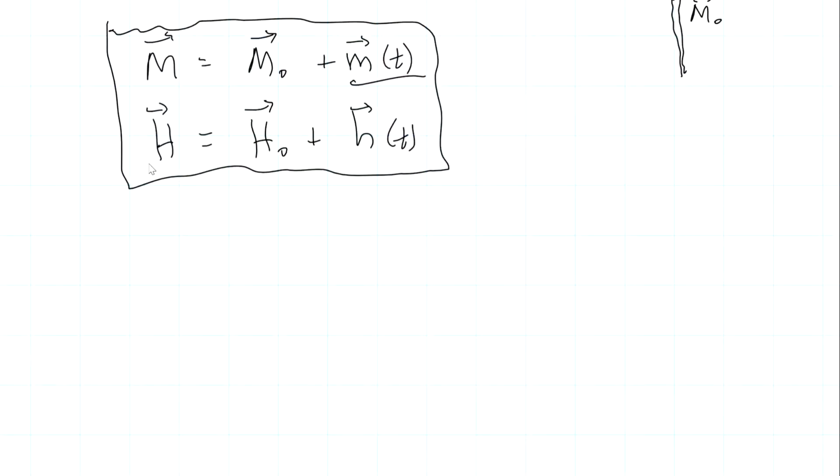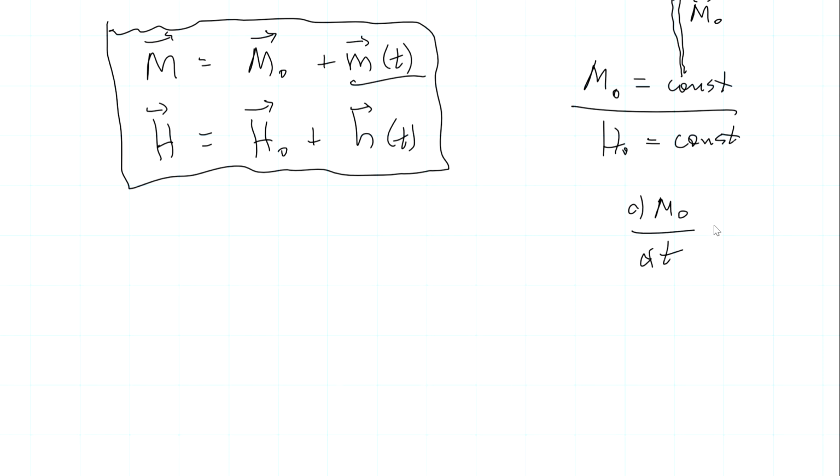So let's substitute that. M naught is constant. H naught is constant. So what it means is that when we take d/dt, dm naught/dt would be 0. And only this would be time dependent. So let me write it down. So our Landau-Lifshitz equation will turn into this: dm/dt equals gamma mu naught m naught cross h naught